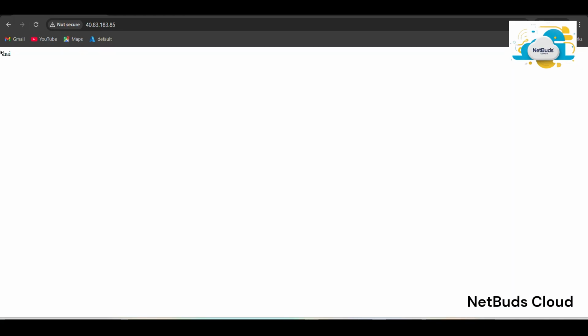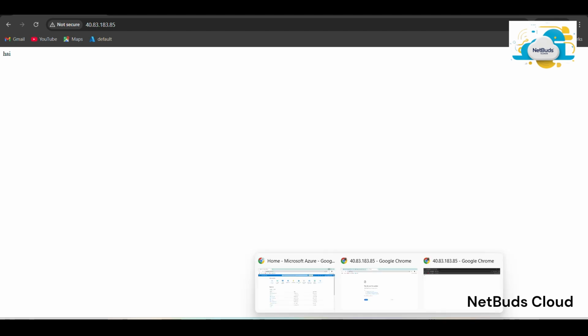So you can see hi over here. So this is how you create a web hosting. Okay, this same method should be applied in virtual machine 2 also. To do that, we have to go back to the virtual machine again